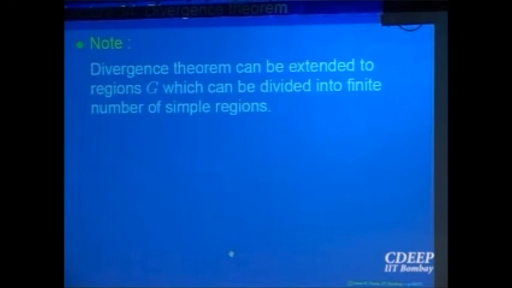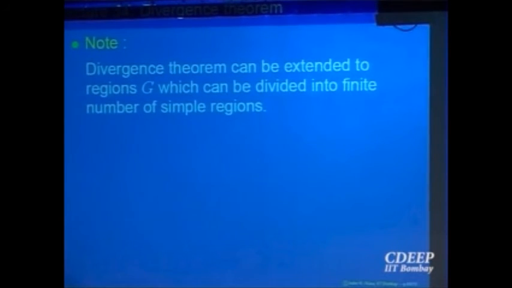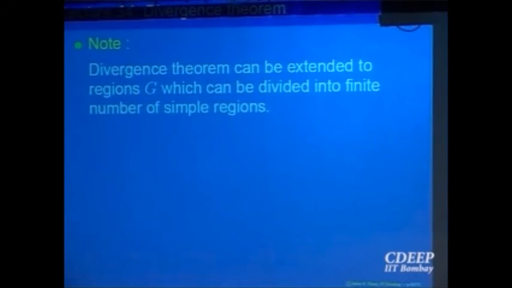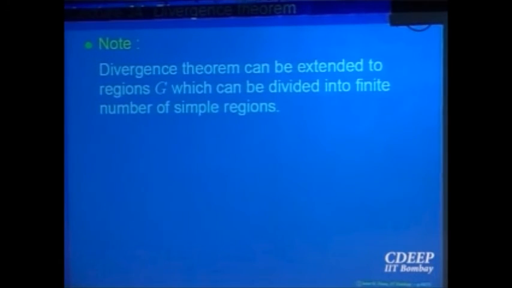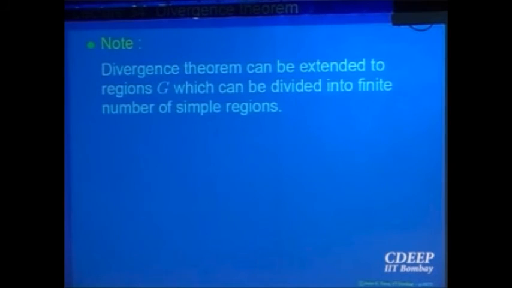So still we have 5 or 10 minutes. Let us look at some examples. We will not spend time saying now that this divergence theorem can be extended to more complicated regions, right? Same thing as for Green's theorem: regions which can be put together with a common boundary, they do not overlap. See what will happen if there is a common boundary, a surface which is common: for this the outward normal will be going this way, for that the outward normal will be going the other way, so they will cancel out. So it will be valid over the bigger region. Like for line integrals, if there is a common curve as the boundary, clockwise and anti-clockwise cancel out each other. Same ideas work here, so we will not spend much time on that.